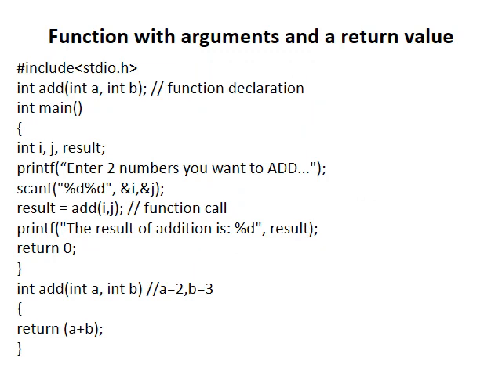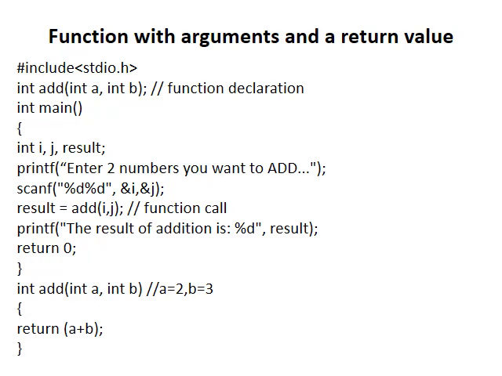Now function with arguments and a return value. Now we have already seen this program example in the previous slide. So now here same function to add two numbers. Since the function accepts the argument from the calling function and also returns the value, I have given here int add. So int means the type of value returned by the function add is of integer type. Add is the name of the function. Int a, int b are the two inputs received from the calling function. So int a and b are called as formal parameters or formal arguments.